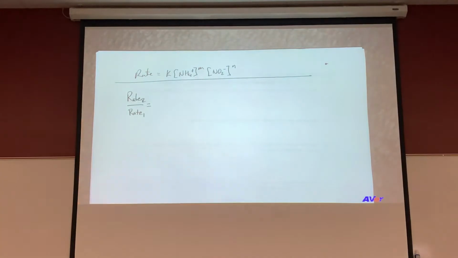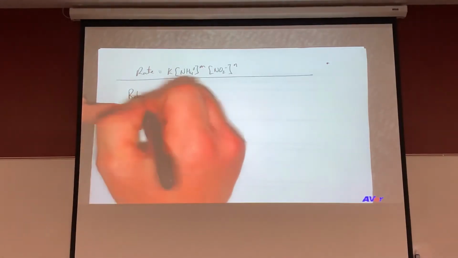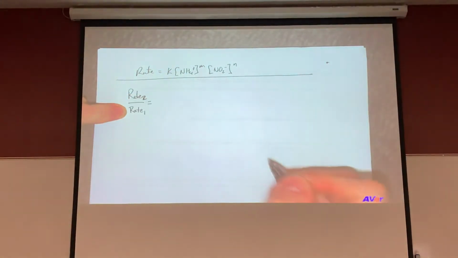Okay. Here's what I want you to do. This is called the method of initial rates. This will work to let you calculate the values of M and N for any set of data, especially if you can't see the doubling or the tripling or whatever the case may be. There's an example in the book that I think gives you a 2.25 change, which is a little bit cumbersome, okay? You're going to take a look at 2 different trials and compare them. And I've got up here on the screen, rate 2 to rate 1.